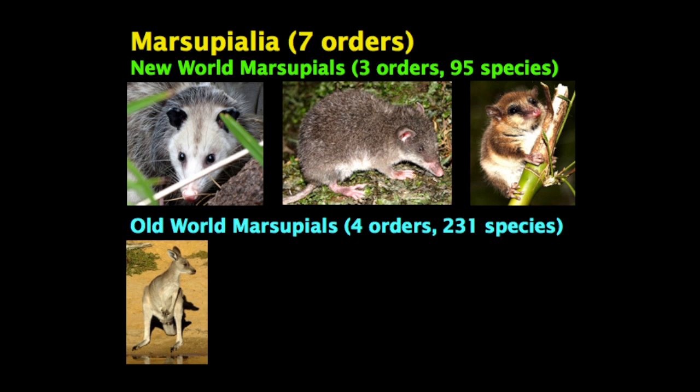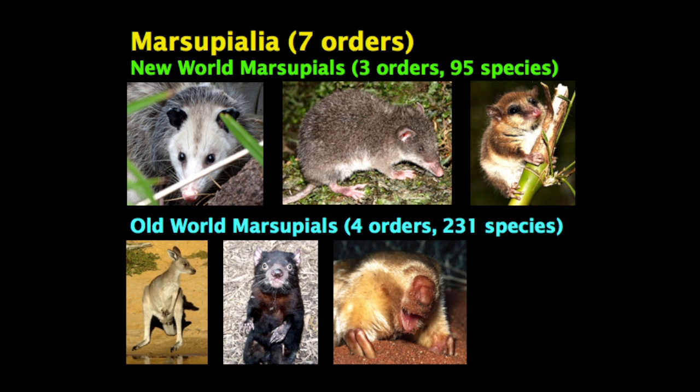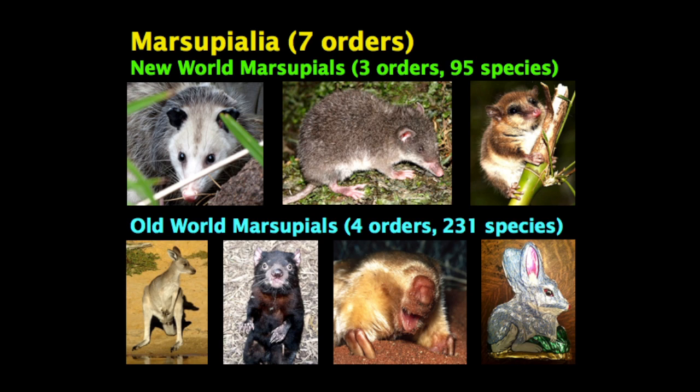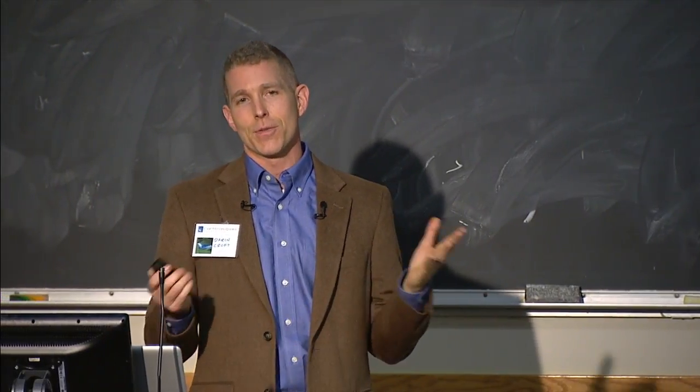The Old World marsupials are more familiar to most people. They include kangaroos, and its order also includes things like wombats and koalas and possums and cuscuses, et cetera, et cetera. That's the big group of Old World marsupials. We also have the meat-eating ones, things like the Tasmanian devil, marsupial moles, of which there are 2 species, and they are super cool, and the bilbies and bandicoots, which are sort of like the marsupial versions of rabbits, which is why in Australia you can buy chocolate bilbies at Easter rather than chocolate rabbits. Not to mention the fact that rabbits have really mucked up the ecosystems in Australia.